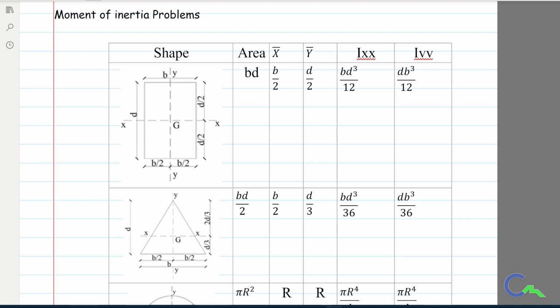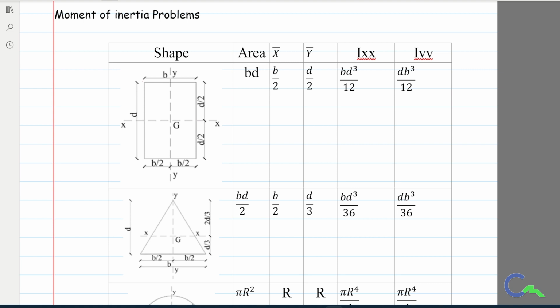Hello everyone. In this video tutorial, I am going to explain how we can solve moment of inertia problems. To solve any moment of inertia problem, we require basic formulas. So I will explain some of the important formulas required for solving problems. So for example, if I consider a rectangle of size